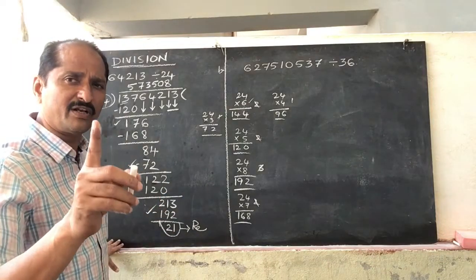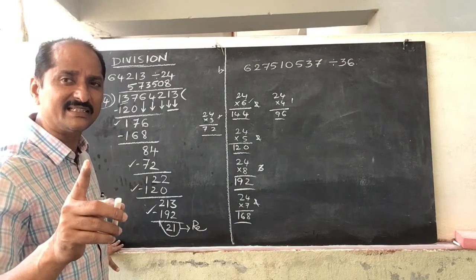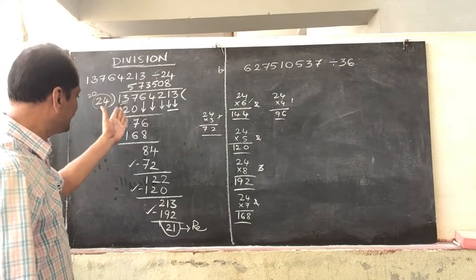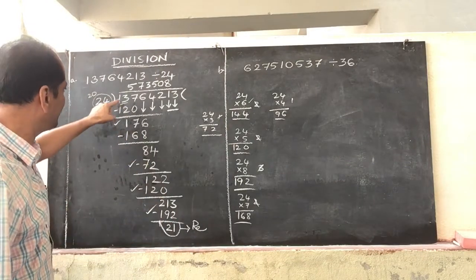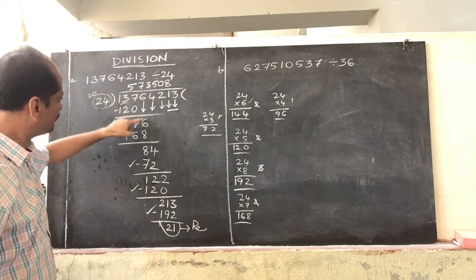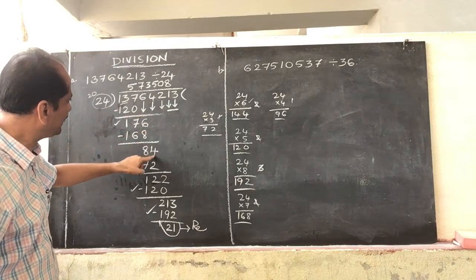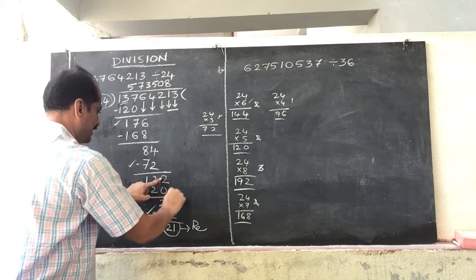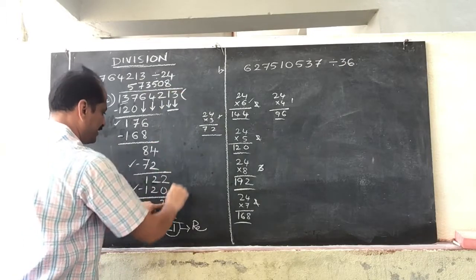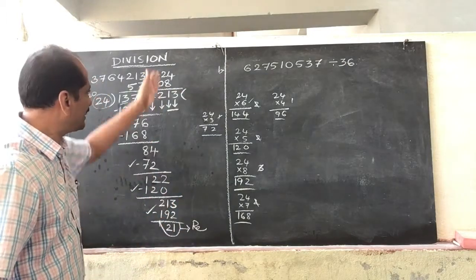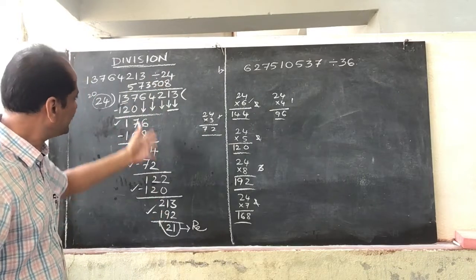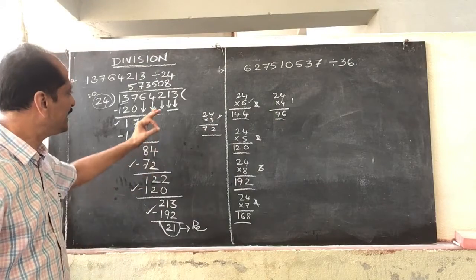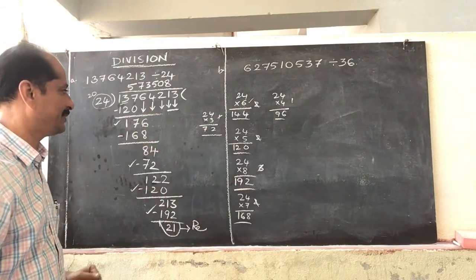And remember carefully, whenever you are bringing down the digits, the digit under the digit only you have to write. So 3 under 3. This one up to here we have written 4 under here only, and 2 we have written under 2 only, 1 we have written under 1 only, and 3 we have written under 3 only. So if we write each place under its place, then the division goes like this, crosswise. So then you will get the exact answer, perfect answer.